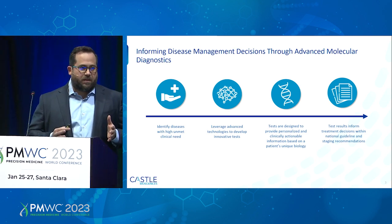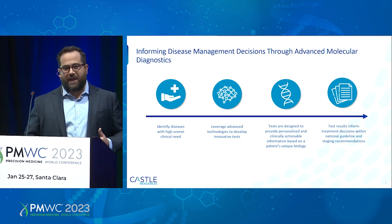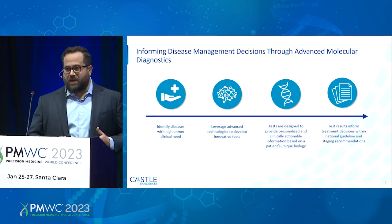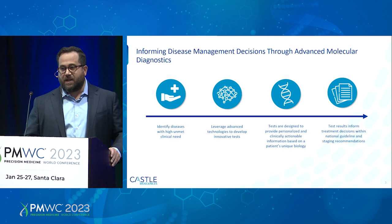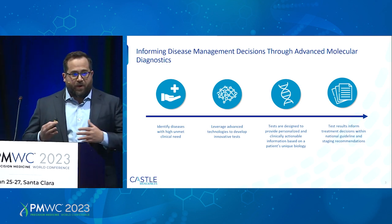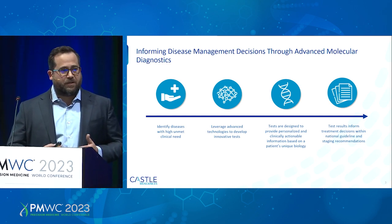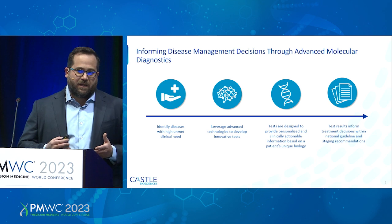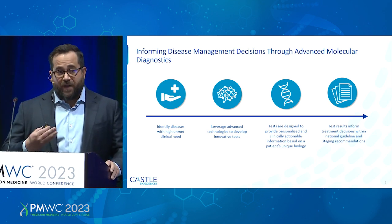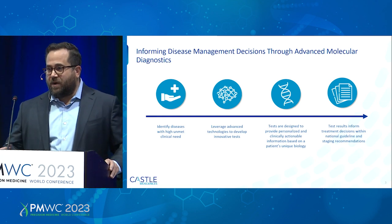So this begins in the process of identifying areas of high unmet clinical need, places where physicians currently have questions that they face for patients with impactful disease states in oncology and other types of disease areas. We then bring our testing platforms, whether it's gene expression profiling, next generation sequencing, and spatial biology, to design and deliver tests to clinicians faced with these questions to inform relevant decisions that they face treating these patients in these